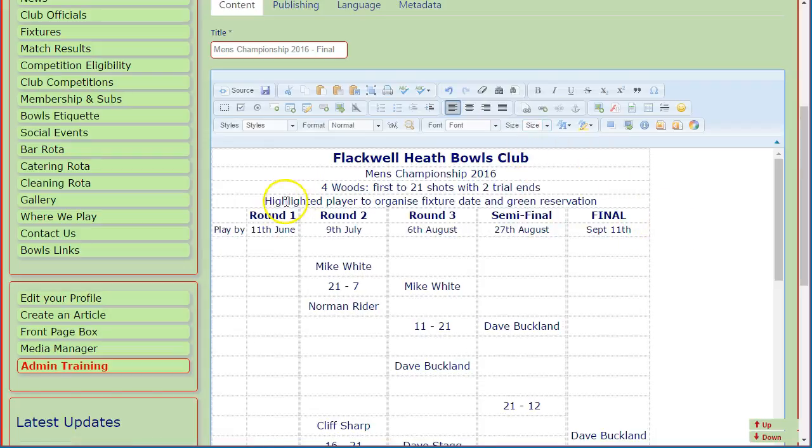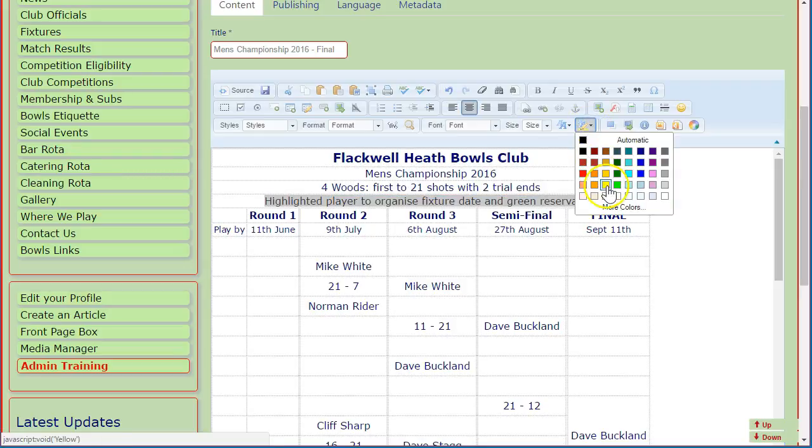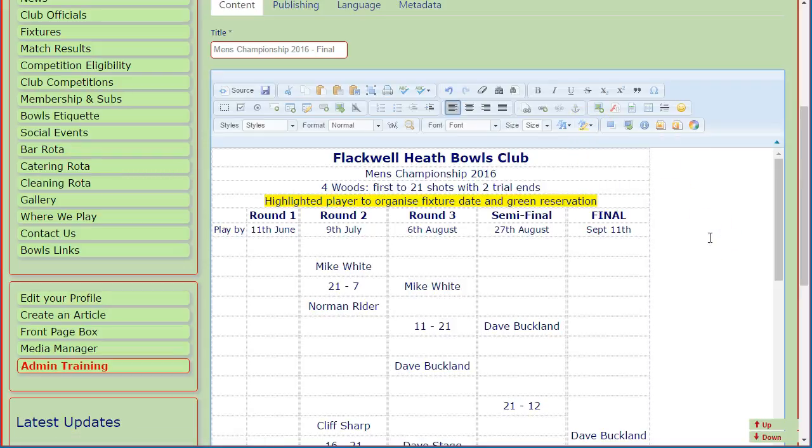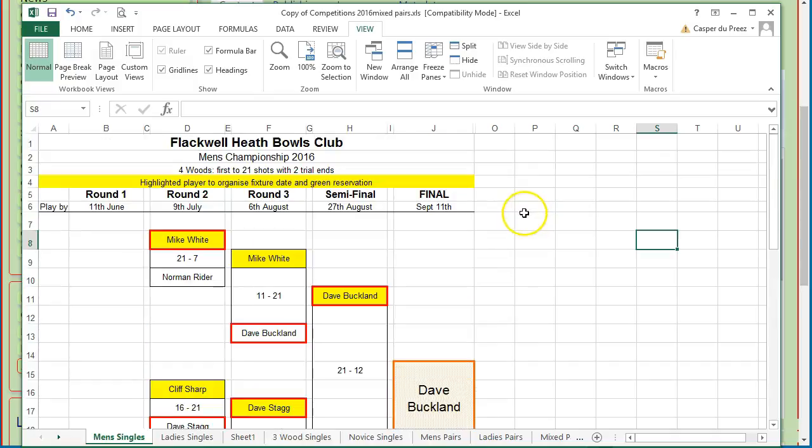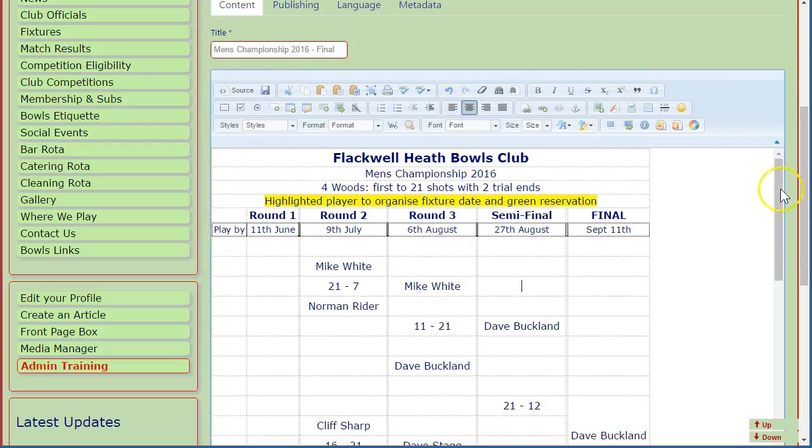I can highlight that line and change the background to yellow. And now if we look at the spreadsheet, this is more or less a little bit what we wanted to see. So if I save this,